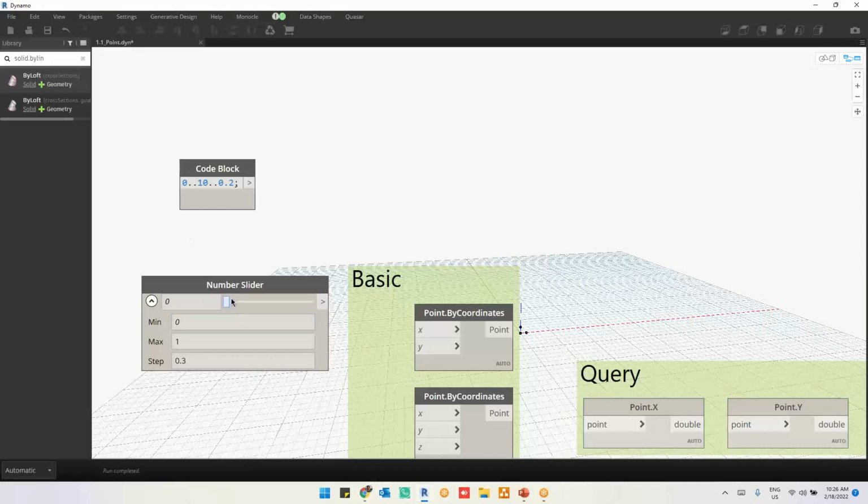Let me show you: 0.3, 0.6, 0.9. That's it. And it's a 1. The final one is on 1. Okay, so 0, 0.3, 0.6, 0.9, 1. Well, if I set it to 2, again I'll see those point 2 factors. So always prefer the number slider, and after placing the number slider you have to set the values based on